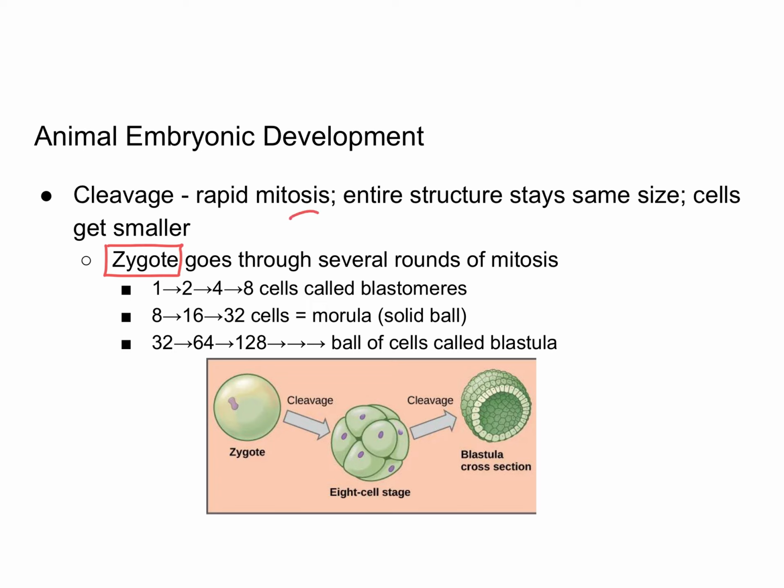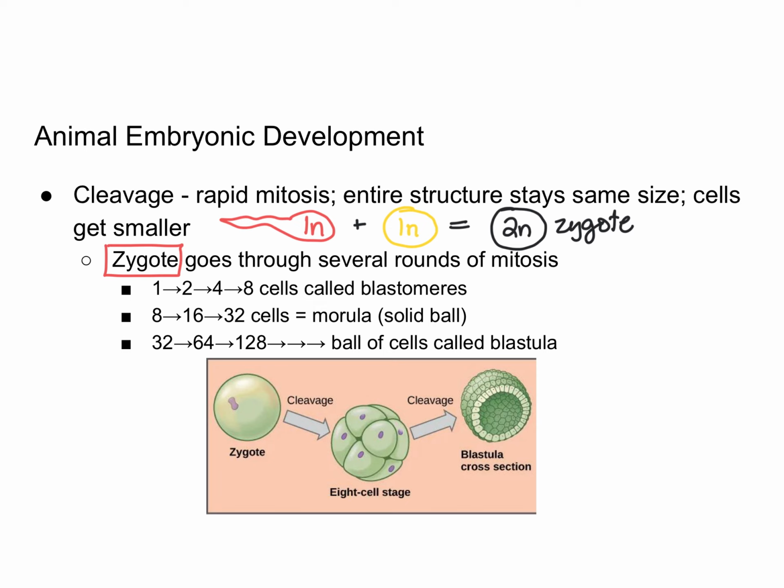And so remember that the sperm is the male gamete and it is haploid, so it has one set of chromosomes inside of it. The female gamete is an egg, and it's also haploid. It has one set of chromosomes inside of it. When the sperm fertilizes the egg, it forms a zygote. And that zygote is 2N. It is diploid, which means that it now has a set of chromosomes from the sperm and a set of